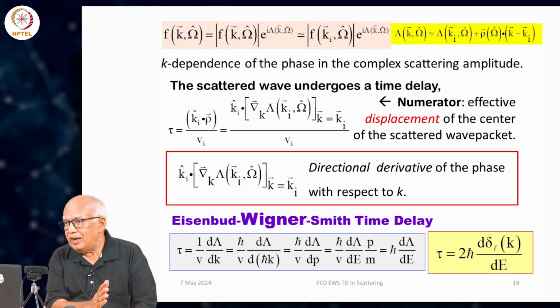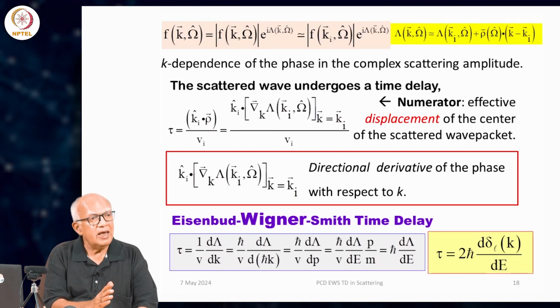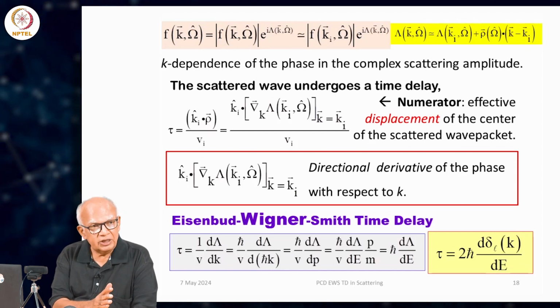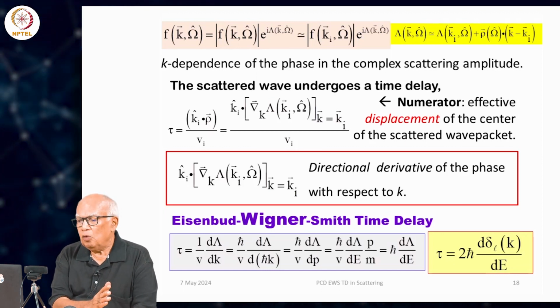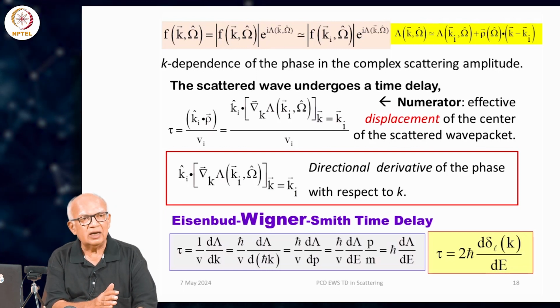Smith's time delay is exactly the same as the Eisenbud-Wigner time delay, which is what I am going to show in the lecture after lunch, and it is therefore referred to as the Eisenbud-Wigner-Smith EWS time delay,